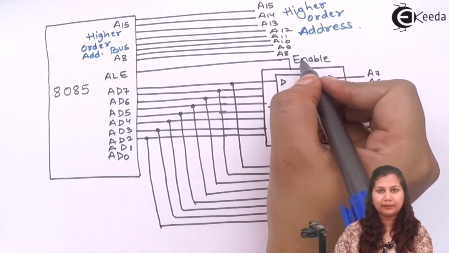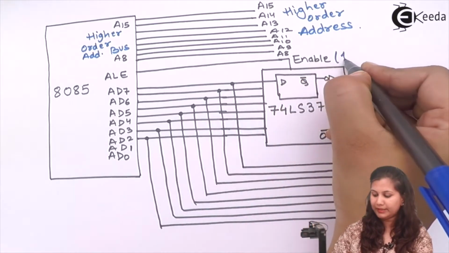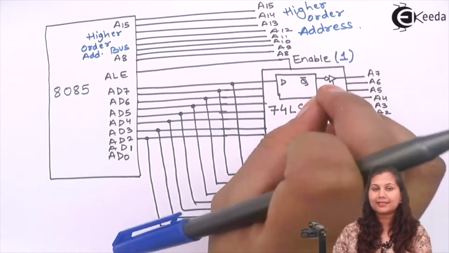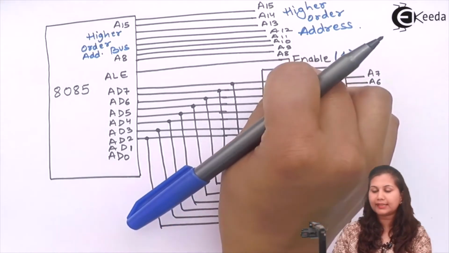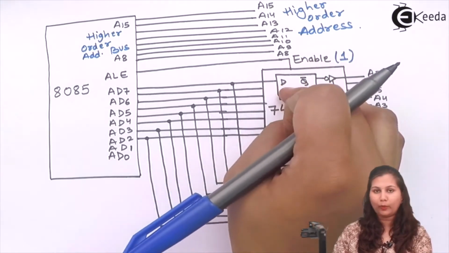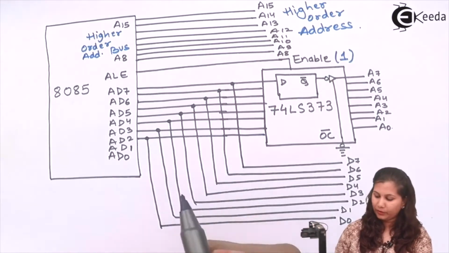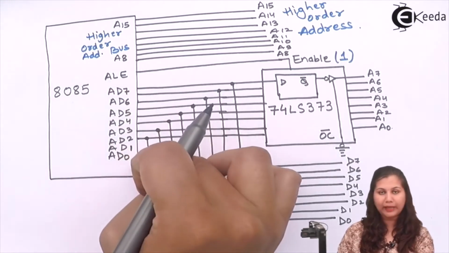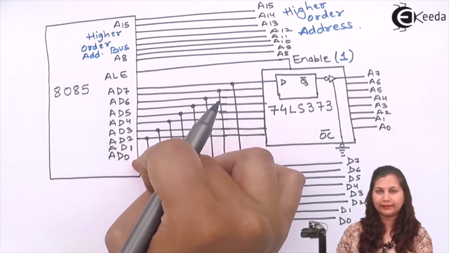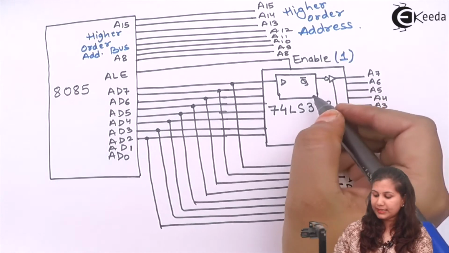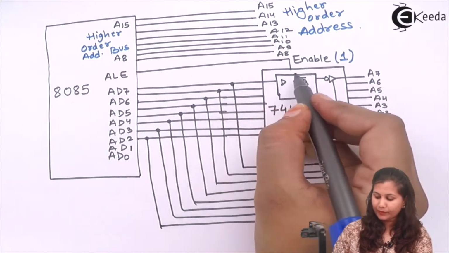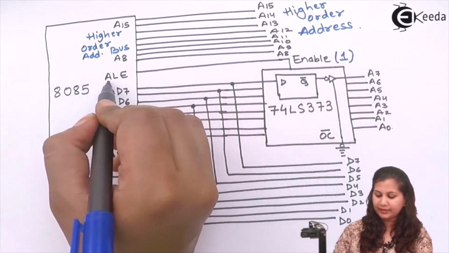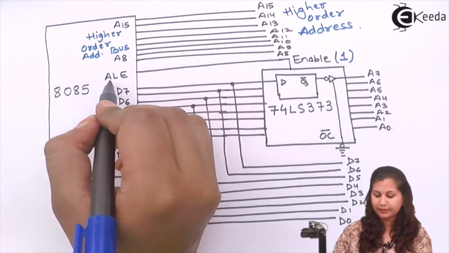So when this enable line is high, that means its value is 1, then this latch is active. This latch is going to work when this enable line is 1. Otherwise, it will not work. Now the input to this latch is the multiplexed lower order address bus and the data bus, and when this latch is enabled, it will be enabled when this address latch enable signal